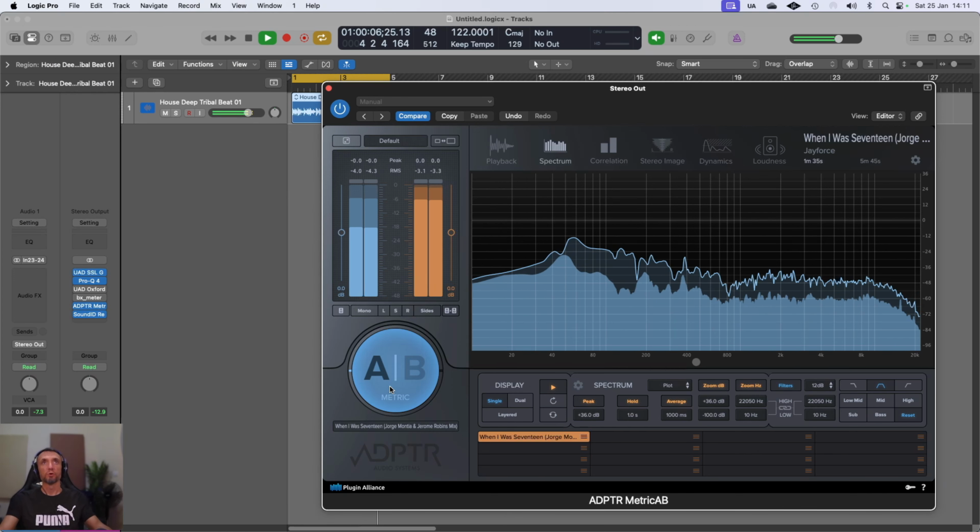So now we can see at the moment that we are listening to this loop here. And if I press this button,